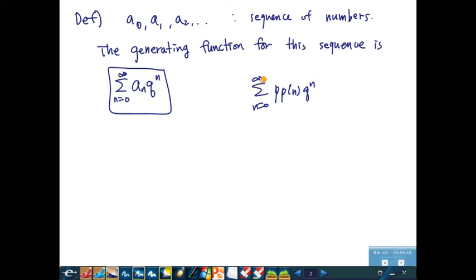A partition is not a number, it's just an object. But when I say generating function for some object, combinatorial object, it means that for each object we add something, some monomial. That's basically the idea. So it's not a very formal and concise definition, but you can see the generating function,